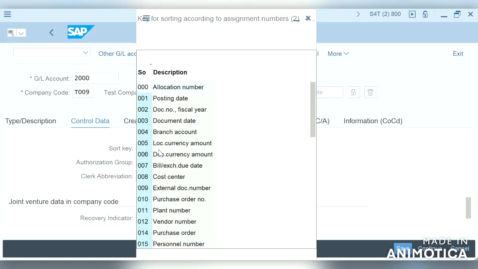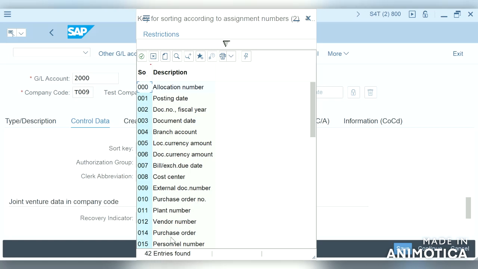It controls what value will be filled automatically in the assignment field during postings to this GL account. If we select 001, the assignment field will be updated with the posting date.